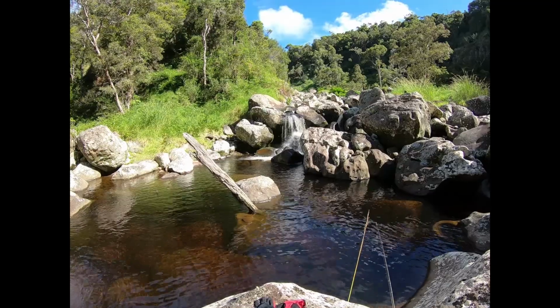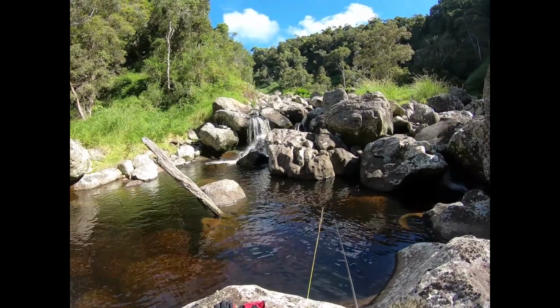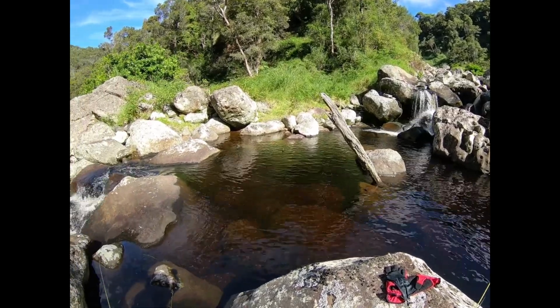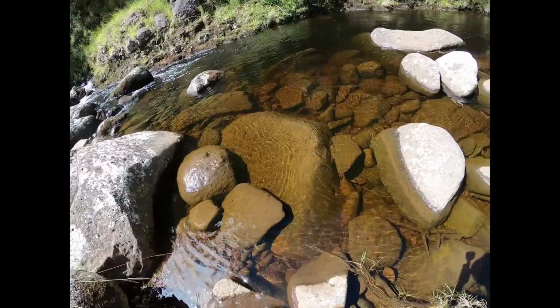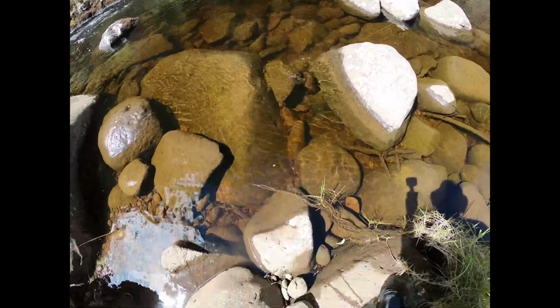I will try to document as I go down the stream how many trout I catch. At this pool here, which once again is the first waterfall off of the bathing pool, I caught 3 small ones. Nothing very big, but they are in here, and I caught them off of a spinner with a woolly booger fly that I tied. Trout Unlimited, we catch and release, so we do not want to stress them too much. But as I bring this in here,